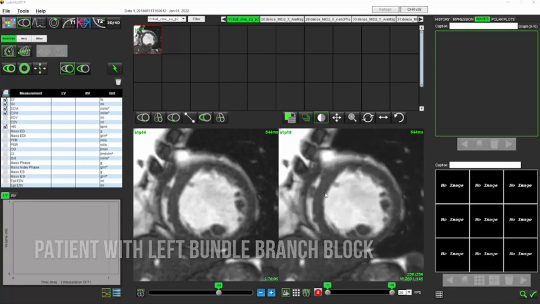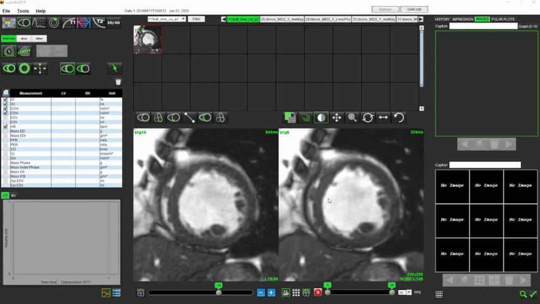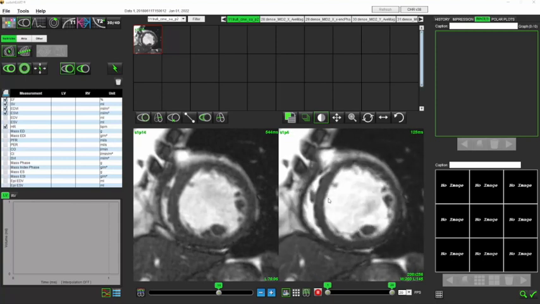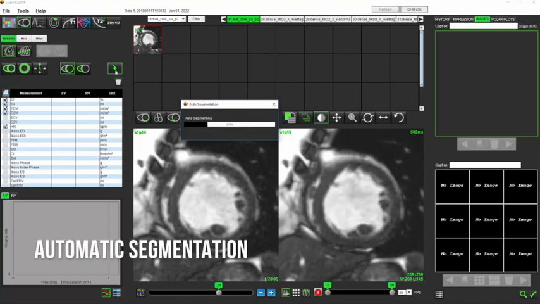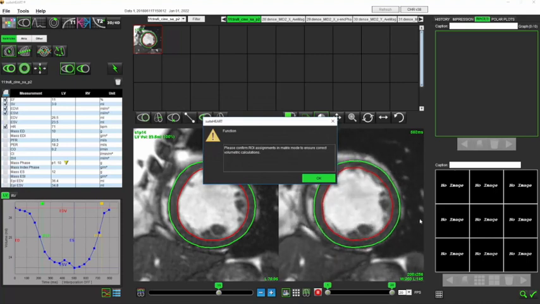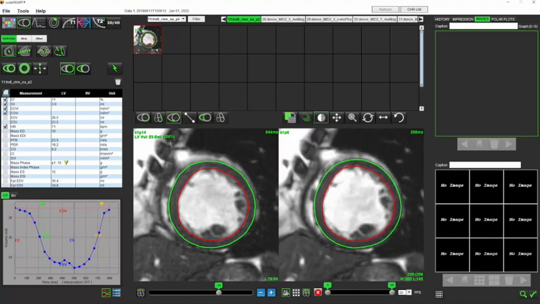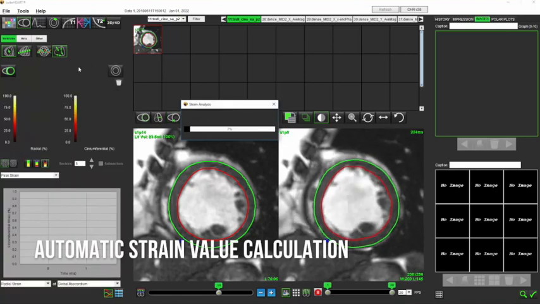This is a patient with left bundle branch block. You can see here in the movie the asynchronous contraction of the interventricular septum. I'm going to click here on the lightning bolt and automatically segment the endocardial and epicardial contours. I'm going to go ahead and place an RV insertion point, and then I'm going to calculate the strain values